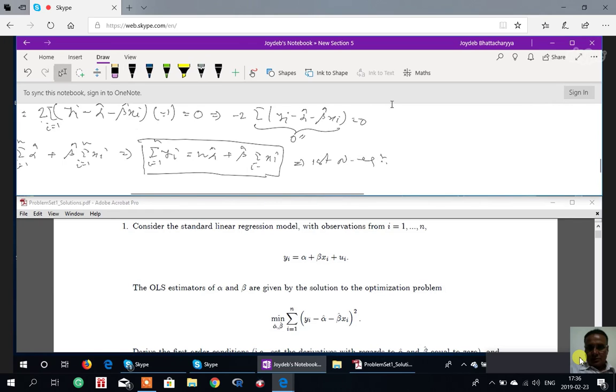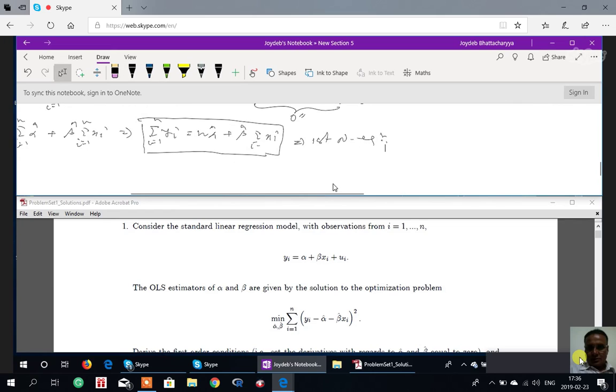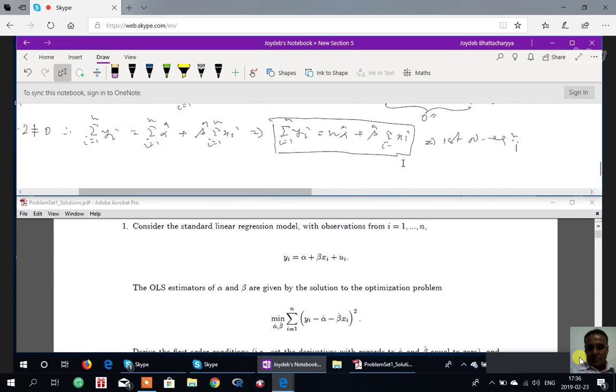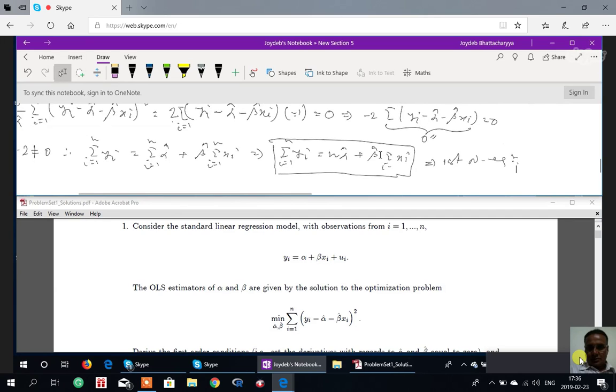And the second normal equation comes in the same way. I'll show it to you, to the extent I remember. Once again, since there is a -2 before, we consider that the second term is equal to 0 in order to fulfill the condition, and -2 is not equal to 0. If the product is 0 and one factor is not 0, then the other must be 0. So -2 into something being 0 means that something must be 0. From that assumption we further solve for these variables and constants.